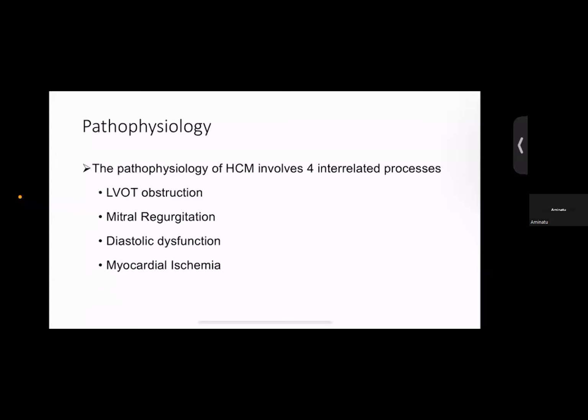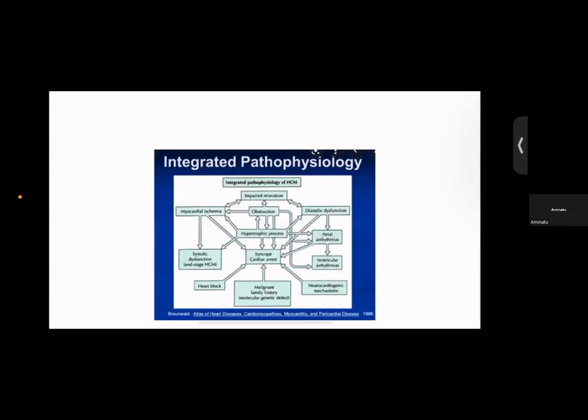The pathophysiology of HCM involves 4 interrelated processes. We have the left ventricular outflow tract obstruction, mitral regurgitation, diastolic dysfunction, and myocardial ischemia. These processes occur about the same time. They're interrelated. So here is an image